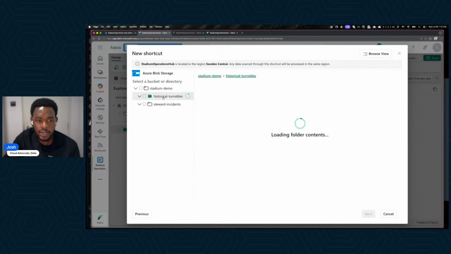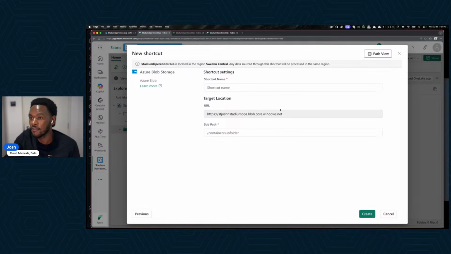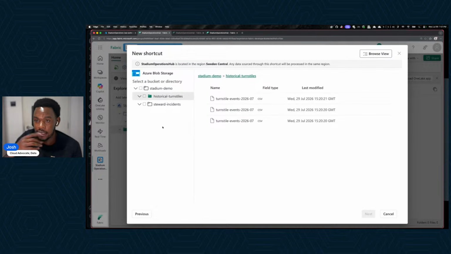So I want to bring in the CSV files, which is here, and I can toggle here the browse view or the path view. The path view is where I can just provide the container and the subfolder directly and provide a shortcut name, or I can use the browse view where I can just browse myself. And so I want to create a shortcut to this particular folder inside of the container. I'm going to select that,